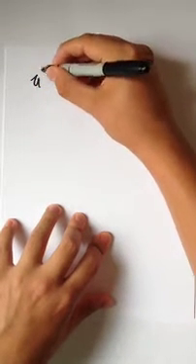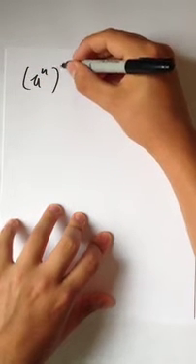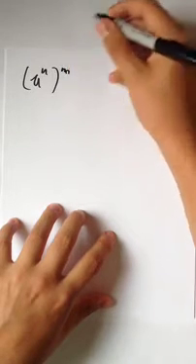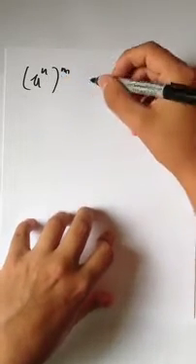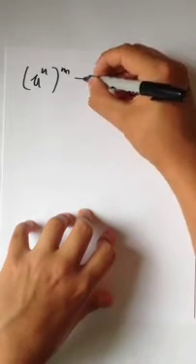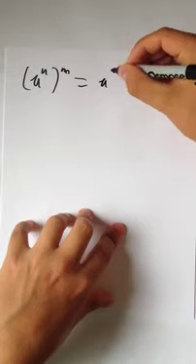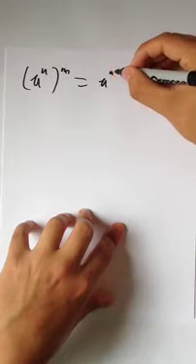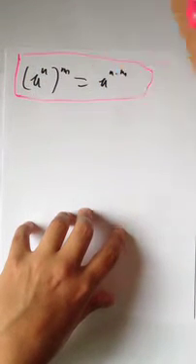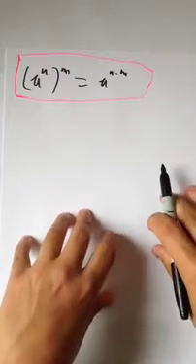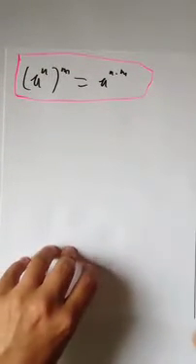Now, here's a little bit of a twist. This next property says that a to the n, to the m. In this case, you do actually multiply the exponents, because this one does not have a base that's multiplied by it. So this is equal to a to the n times m, and I'm going to box that one. Alright, so basically